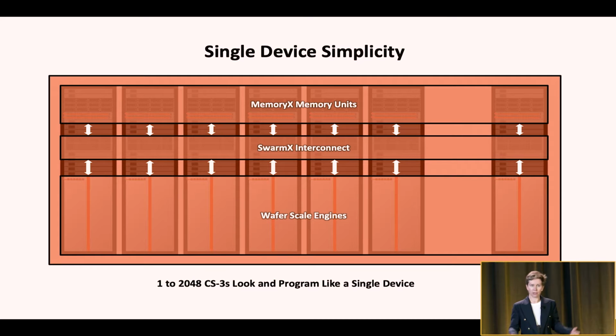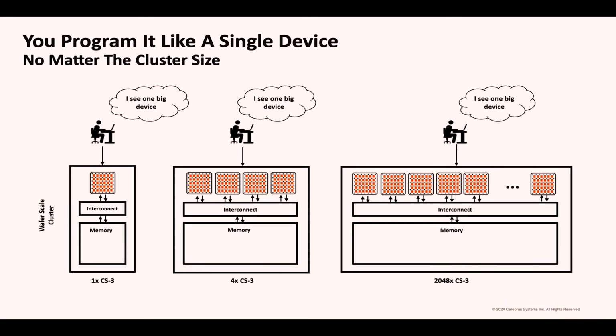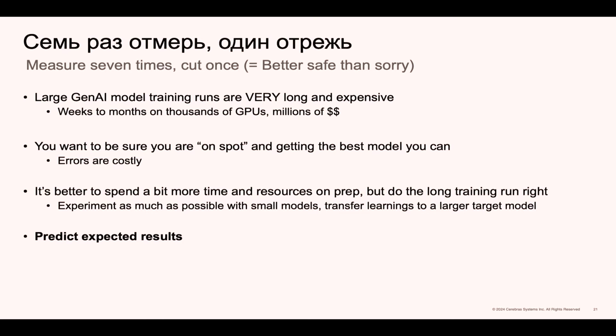And you have a bunch of accelerators, and you distribute training using data parallel training only. So what that means is that as an ML user, as a developer, I always program my cluster as a single device. I never have to care about distributing the model and splitting the model. No matter if I use a single system, 10 systems, thousands of systems, the code I write is always for a single device. And my model